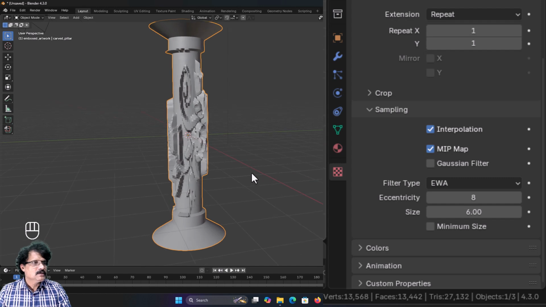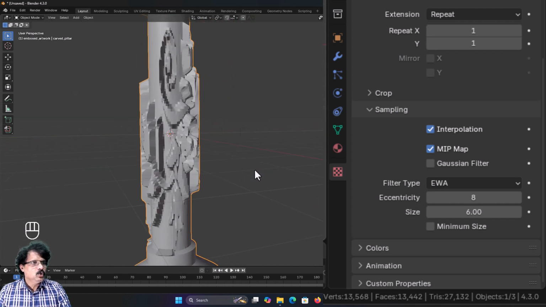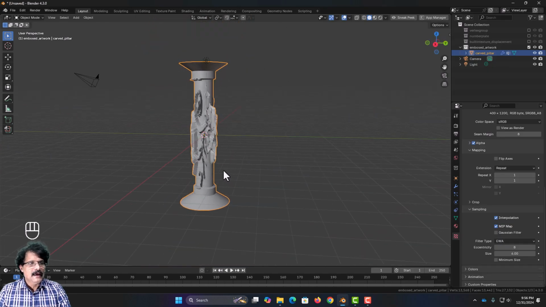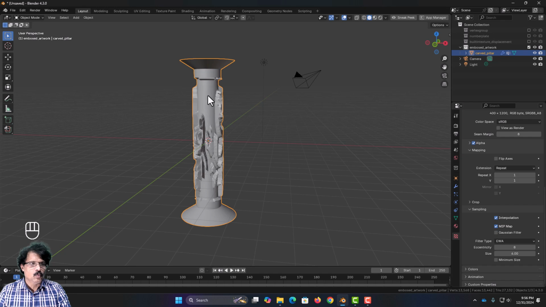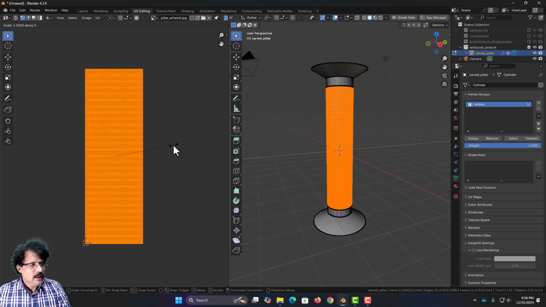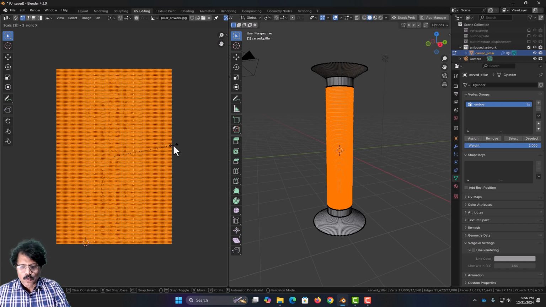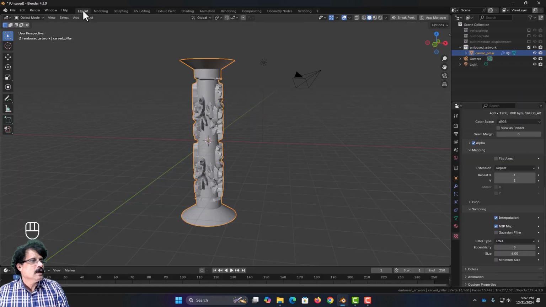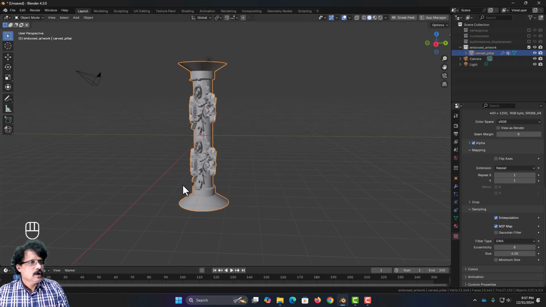And after this actually I want 2 sets of this. I don't want this to wrap around completely. I want 2 sets of this artwork, one on the front and one on the back, and for that I will come back to UV editing, and here if I now press S and along the X axis I will scale it by 2 times, press enter, and if I press G X and move it and place it like this. So now if I come back into the layout, and if you see this,